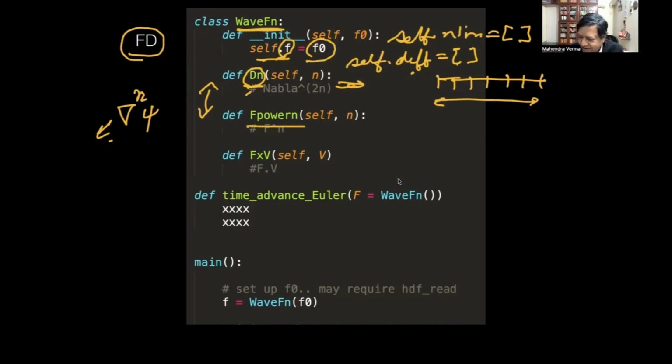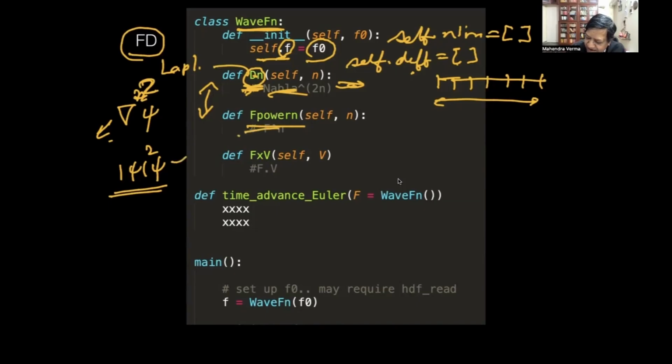Now we also need psi power n. Remember, I have mod psi square psi in the nonlinear Schrodinger equation. Of course, you don't want to make it too general so that you're just spending all the time writing this. So for this class, I would say just return the Laplacian. Sometimes we are too ambitious and it takes too much time to write these functions. But just create, right now, instead of dn, I would say just create the Laplacian. Okay, better to get it for 1D, 2D, 3D in one function. It's possible; in Python, it can be done.